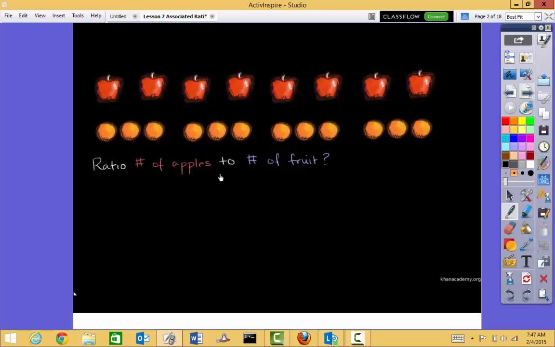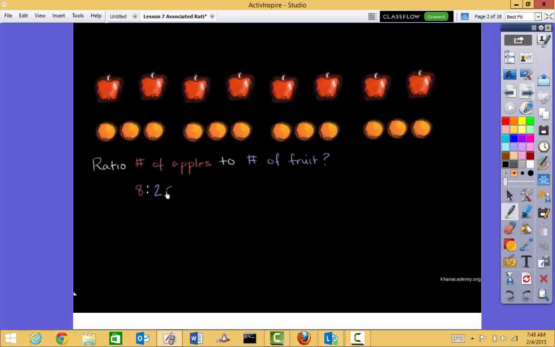Well, how many total apples do we have? We have 2, 4, 6, 8 apples. So we're going to have 8 apples. And then how much total fruit do we have? Well, we have 8 apples and we have 3, 6, 9, 12 oranges. So our total fruit is 8 plus 12. We have 20 pieces of fruit. So this ratio is going to be 8